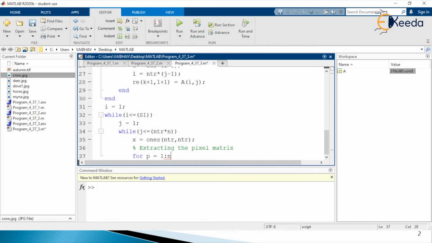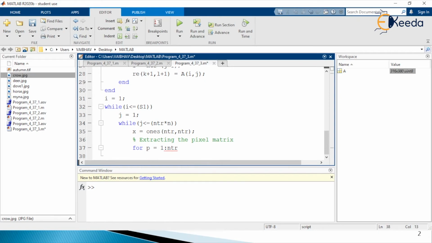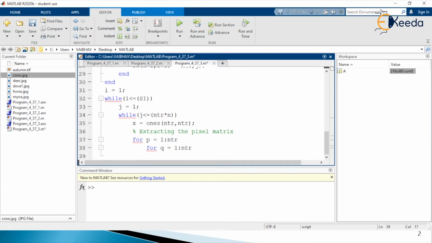Next to that, inside we are going to nest another for loop with the index variable small q starting at 1 extending to ntr again.